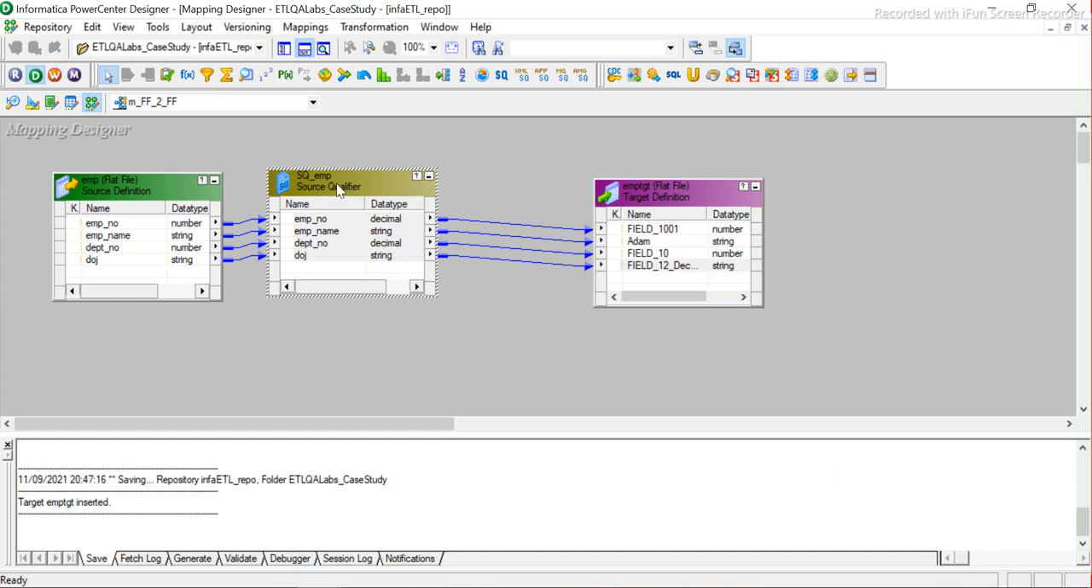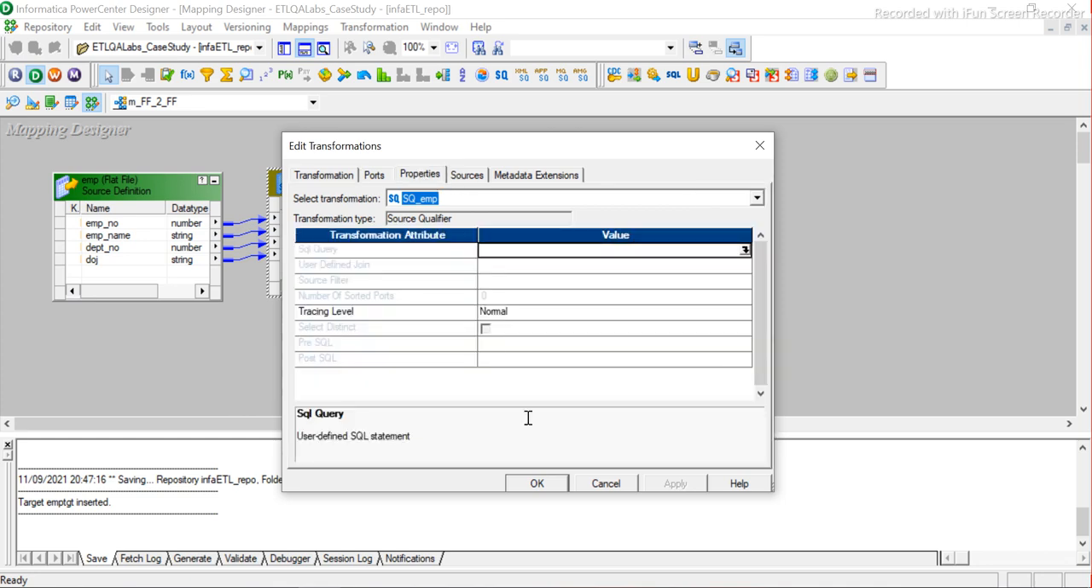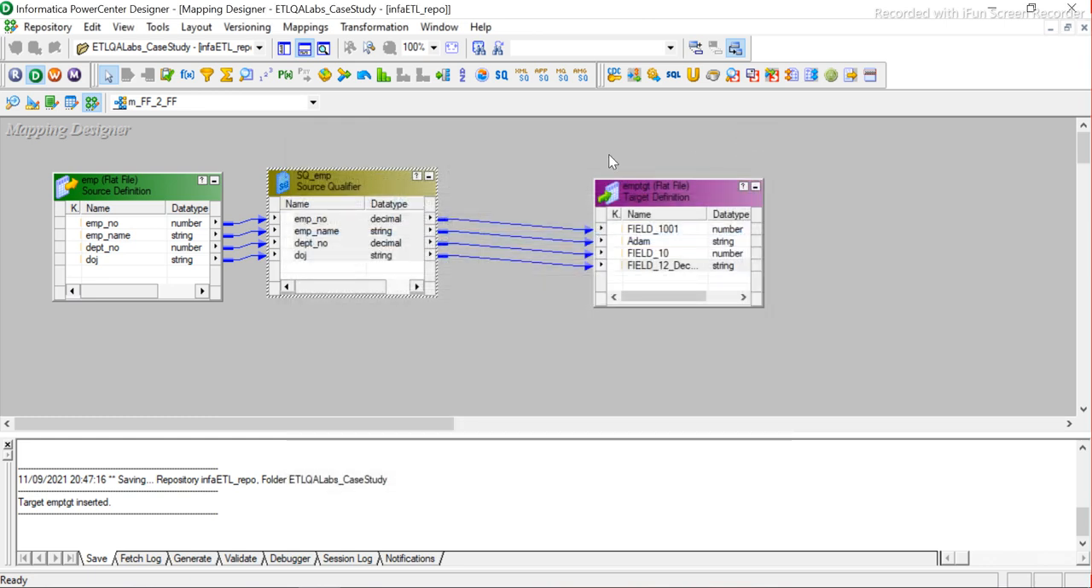So this is what I wanted to show you. If you see here, property, there is nothing. You can't do anything here. All these options are disabled, basically. Now I want to show you something: what if we have a source